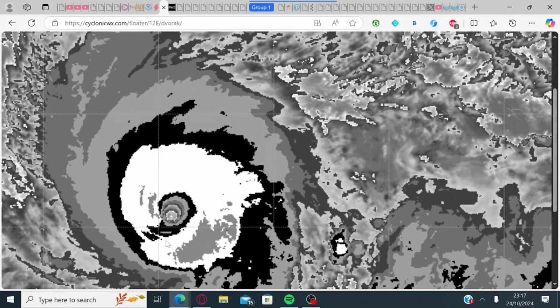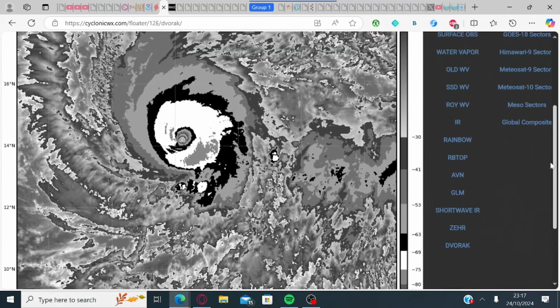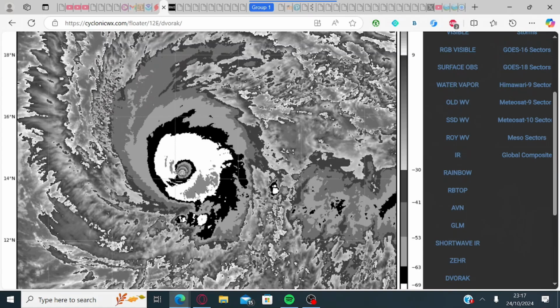So we see this minus 84-ish, like minus 80 to minus 85 ring. This is minus 75 to minus 85, minus 80, sorry. But this ring here, there's a little bit of weakness on the southwest side, but this southeast side is very tight, and this northeast quadrant is very expansive, probably the largest quadrant. And we can see a symmetrical, perfect CDO with a tight temperature difference and a clear eye, and the ring structure is